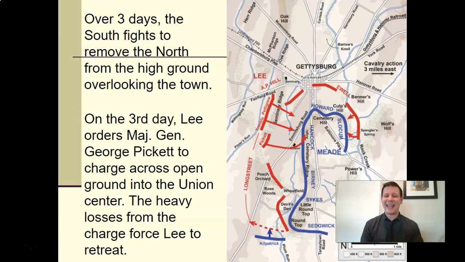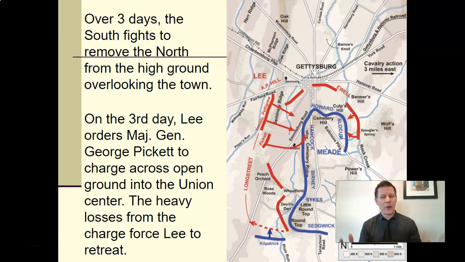On the second day, the South is trying to assault the hill, trying to find weak points, trying to get around the hill so they could capture it and take it. They came close at the bottom. There's a place called the Little Round Top. There was an undefended sector of the northern hill that was kind of left alone. The South found that and was almost able to rush troops through this gap into the hill and take it out. But the North was able to rush men just in the nick of time to stop them. And it's one of the few times you actually had a successful bayonet charge in the Civil War. But the North holds them off.